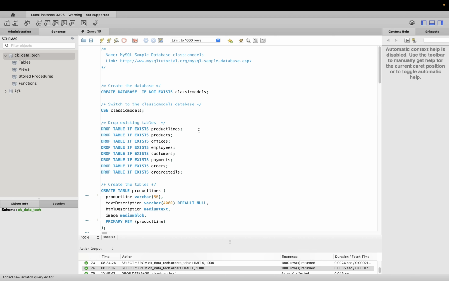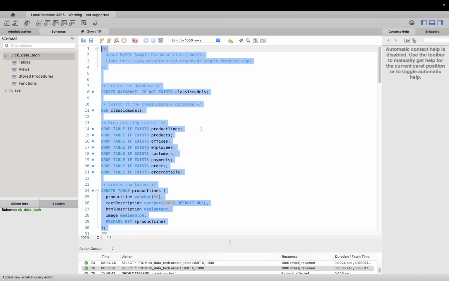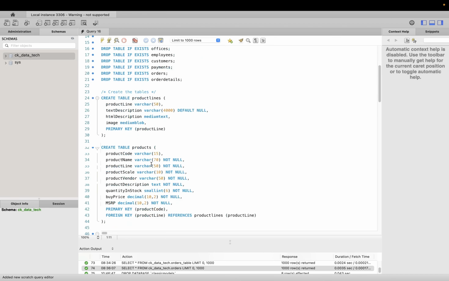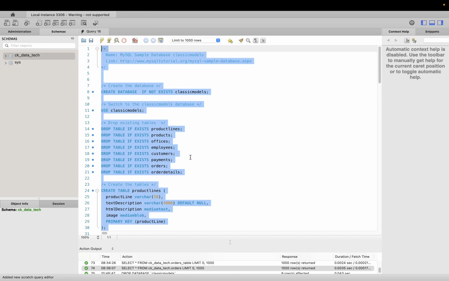So I'm going to go ahead and highlight this. Again, if you see here, we don't have any classic models schema. So this is going to be created, and we expect to see a schema called classic models, and again it's switching to it, so it creates it, switches to it, and creates the additional tables. So I'm going to execute this,